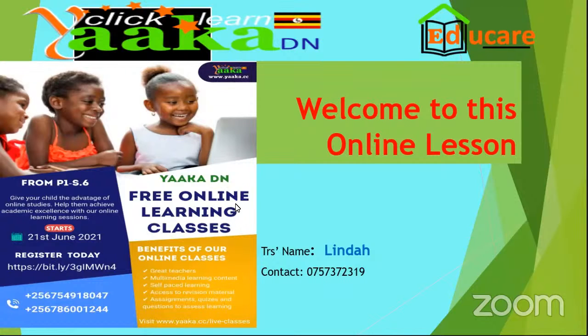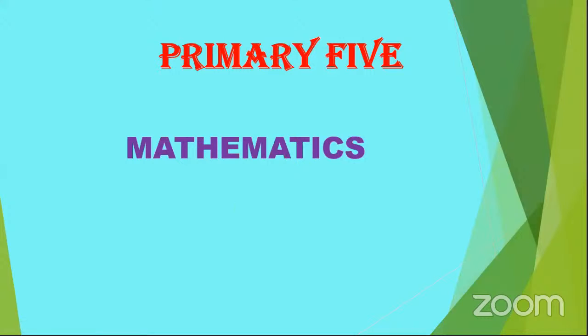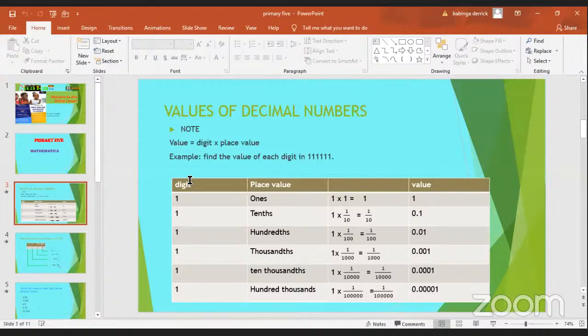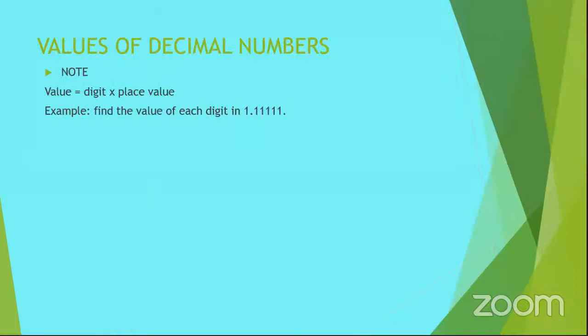I'm dealing with primary 5 and this is mathematics. Values of decimal numbers. When we are looking for the value, we multiply the digit times its place value. And I have this first example here. There is something missing here, let me put it there so I can share again. It says find the value of each digit in